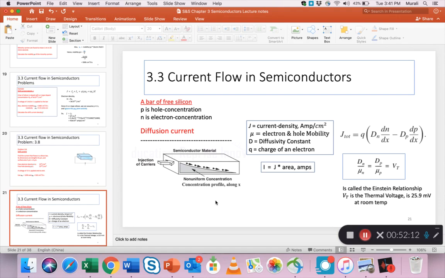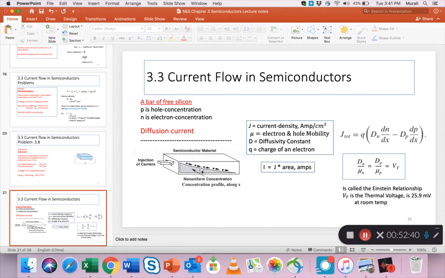One is called drift and one is called diffusion, and you should be comfortable understanding that they are two separate ones and that they have two separate formulas that help us figure out the actual current densities and the currents using factors such as how heavily it has been doped, how big of a silicon bar it is, what is the volume,